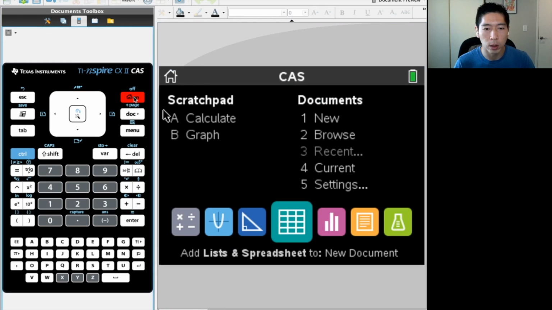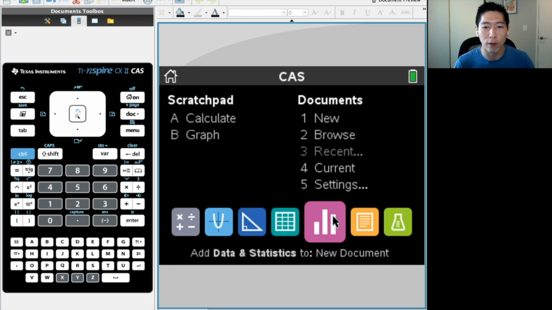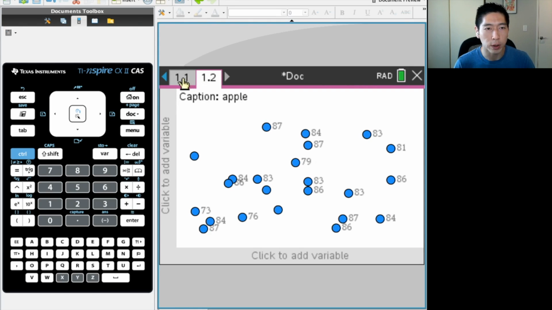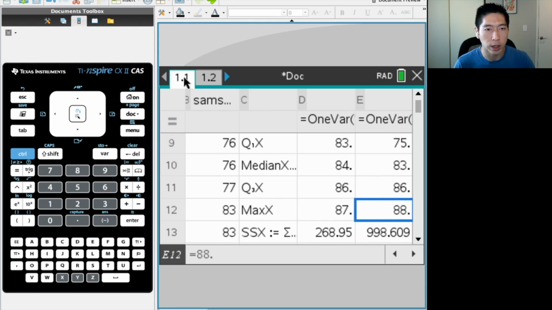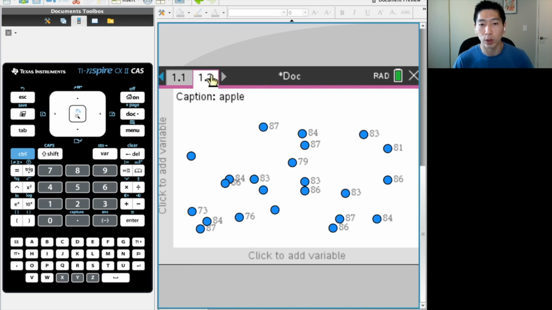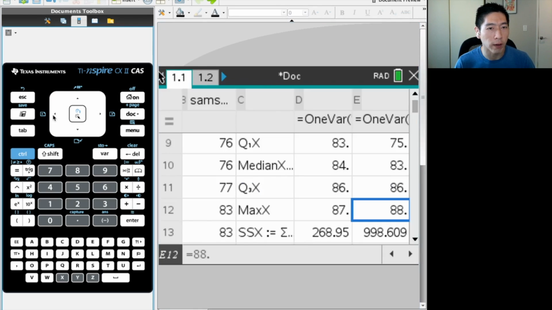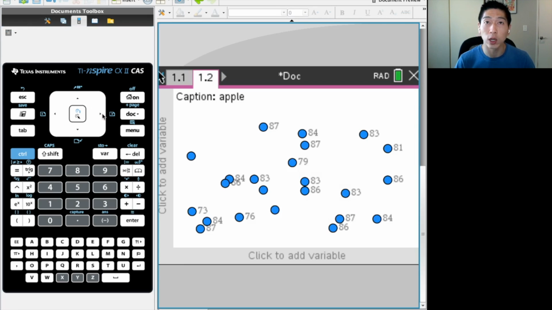When you select the home button, you can select the little icon that looks like a bar graph. Notice that we'll have two tabs here. 1.1, that's where all our data is. 1.2 is where the graph will be. You could move between these by hitting Control left or Control right, since you guys don't have a mouse and